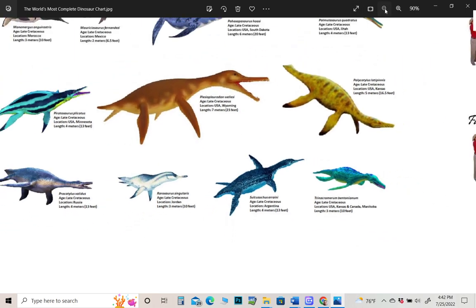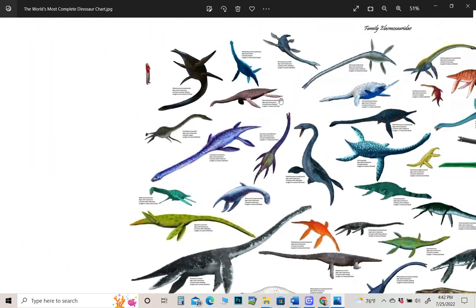And then the Elasmosaurs are a bit tricky to read because they're not in neat lines, but they're jumbled,